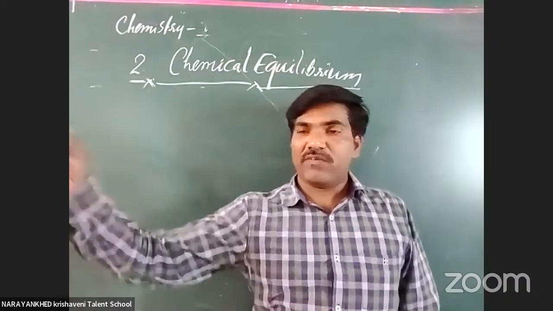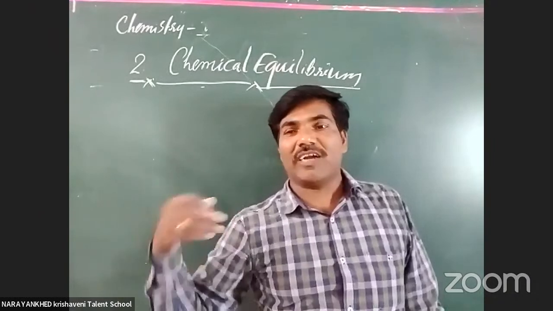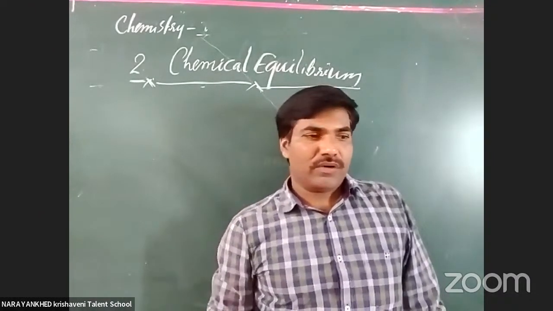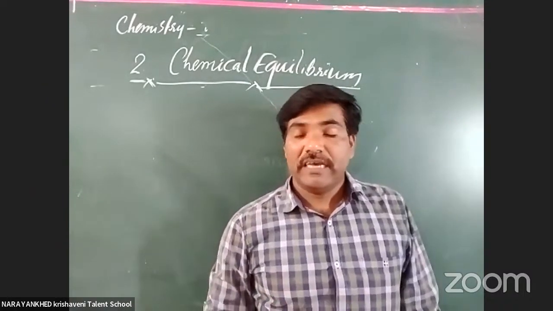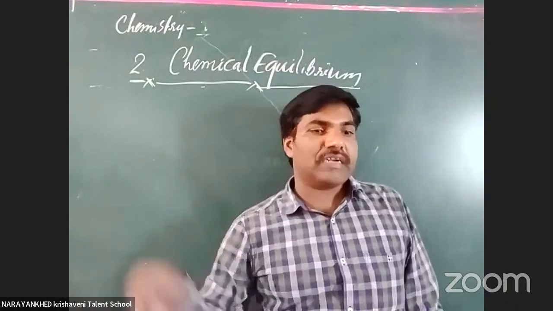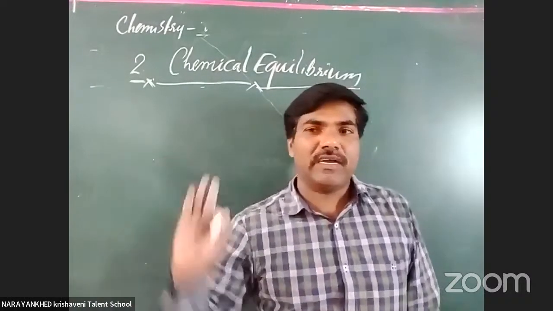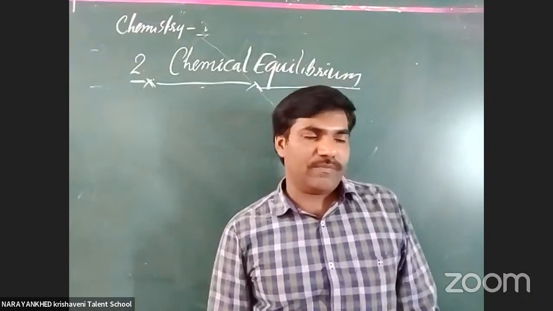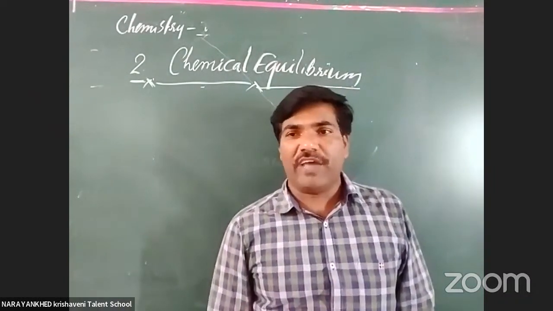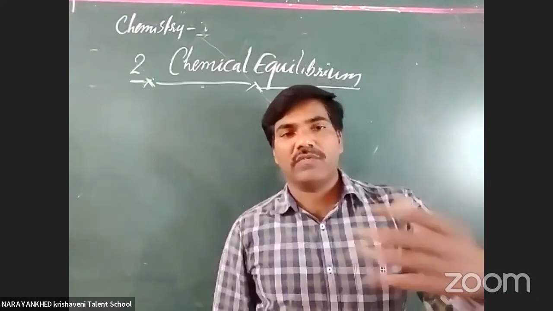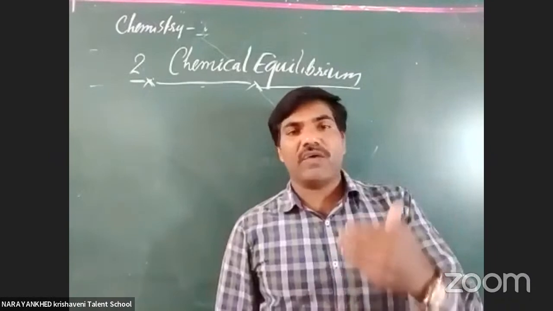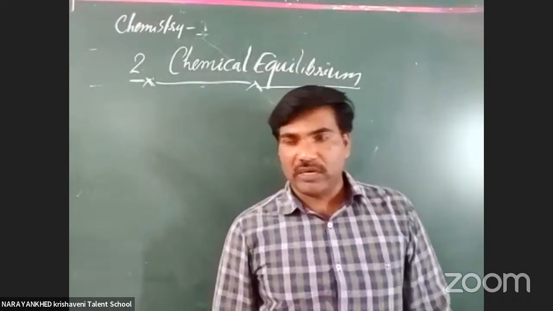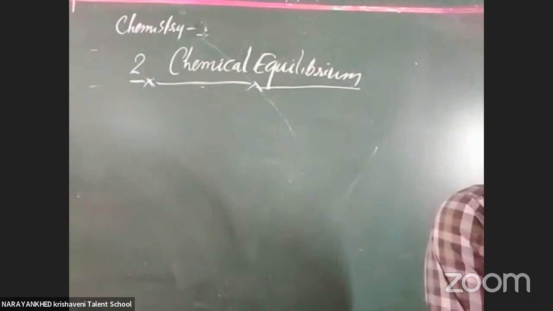Here, whatever physical change is there, that is called what? Reversible process. Okay, now whatever chemical change is there, that is called irreversible process. In our chemistry also, somewhat reversible things are there, somewhat irreversible things are also there. But not in one step, not in one way. We consider various changes, various steps for those changes. Got it or not? Here we are talking about irreversible reaction.